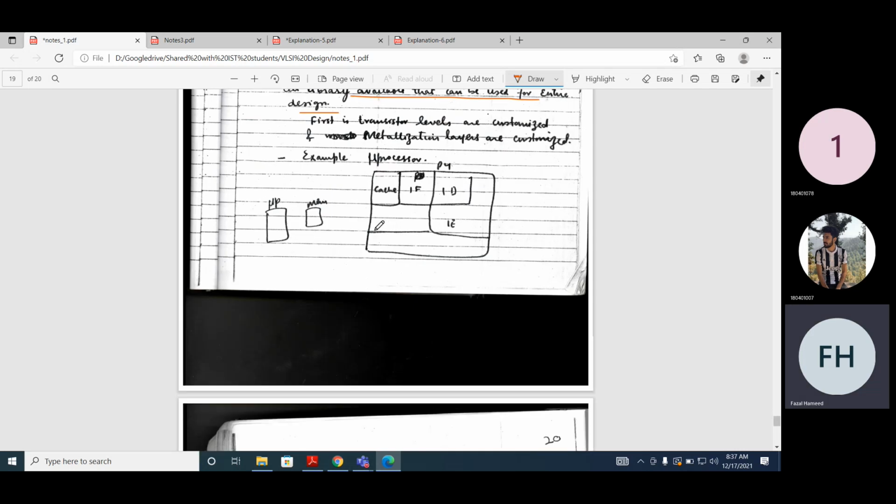Now if you look at the chips, there are two types of layers. One is the transistor layers, and above that is the metallization layer. For the transistor layer, there are a lot of processes, and we already studied them. There is the p-type substrate, then we deposit some silicon dioxide, we have a photoresist material, and then we have some ion implantation.